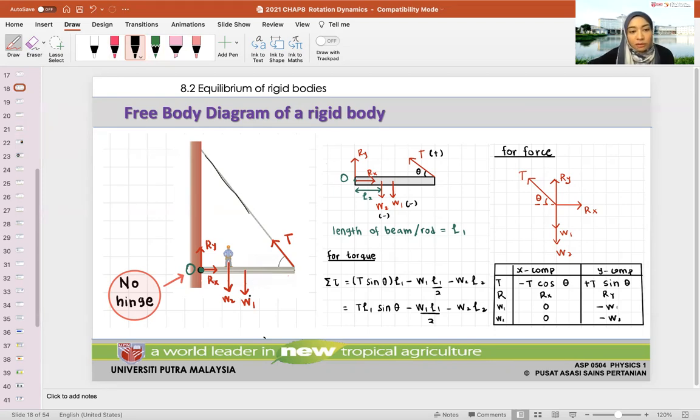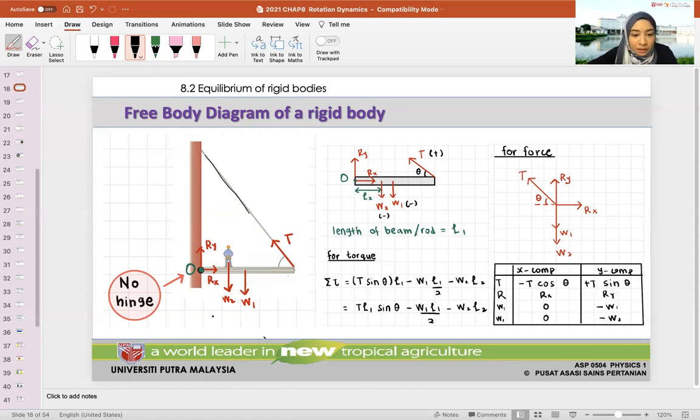What is the radius of weight number one? What is the radius of that force from the axis of rotation? The axis of rotation is our contact point, even though we don't have a hinge here. What is the radius here? If you guys still remember. L/2. So we don't have L here, but I'm assuming you guys are saying it's half the length